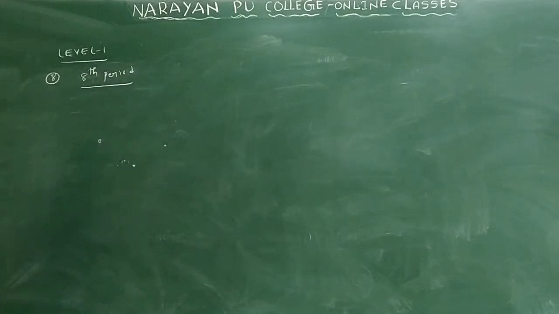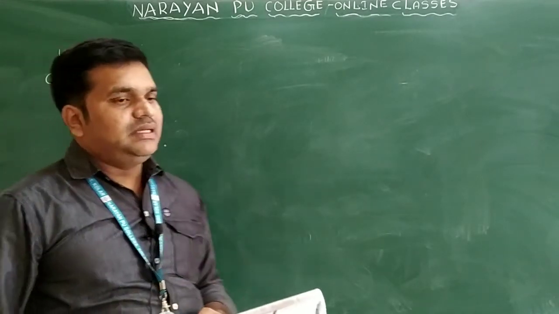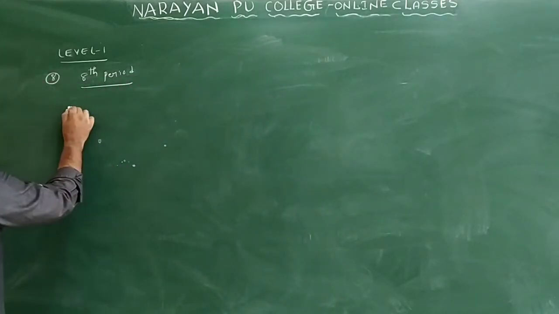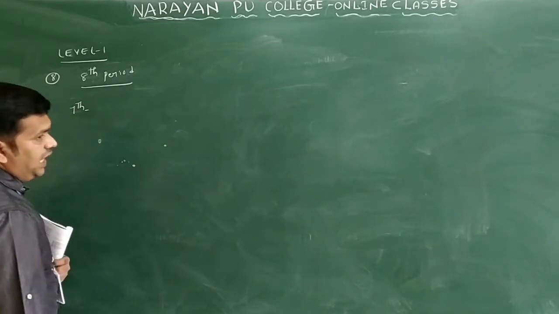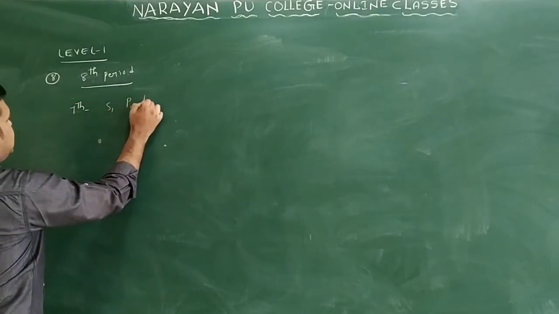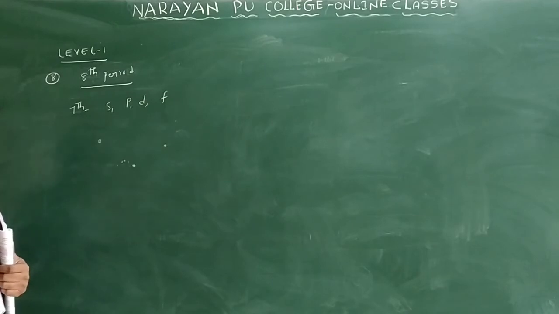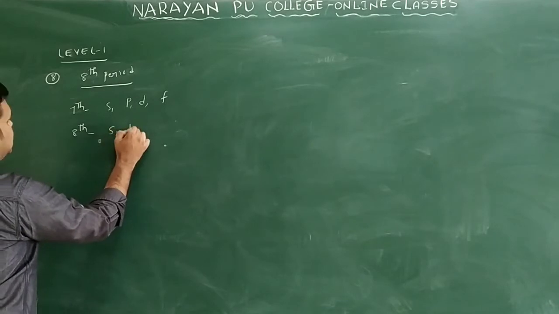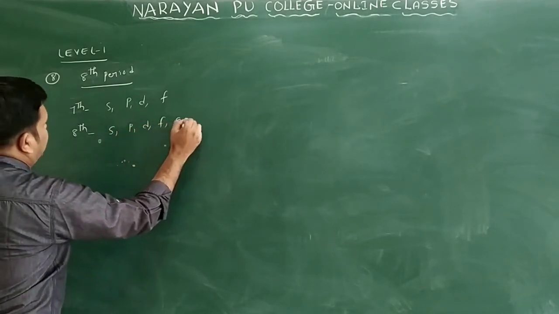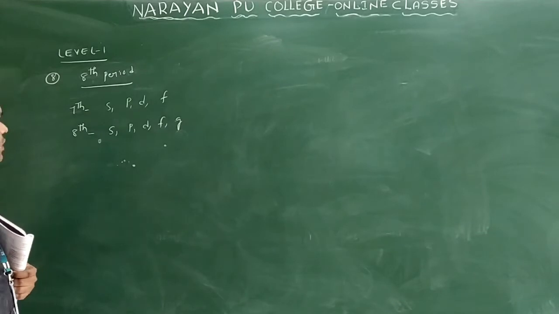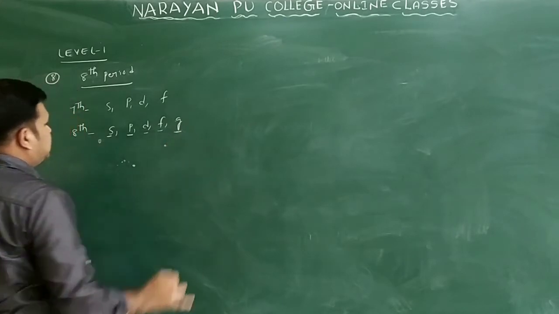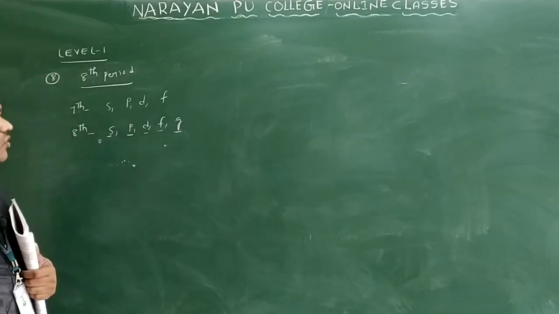Suppose the 8th period is there, generally what orbitals are there? Up to the 7s orbital, in the 7th period only. What are the orbitals we know? If we take the 7th period, we have s orbital, p orbital, d orbital, and f orbital. If the 8th period is there, we will get s, p, d, f, and one more orbital will also be present. Those are s orbital, p orbital, d orbital, f orbital, and g orbitals. So we will write all these orbital configurations.